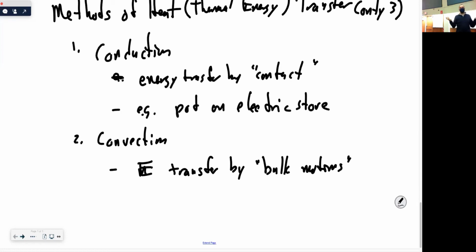But anytime you have bulk motions like that, whatever you have, let's say it was a vat of liquid or gas, it doesn't matter even what the substance is, although you're right, it's hard to do this with a solid. Anytime you start mixing it, very quickly it's going to become homogenized if you're doing convection on the whole thing. And so, yes, it's hard to imagine a situation where you're transferring energy between vastly different things by convection, because it will be homogenized almost instantly. Does that answer the question?